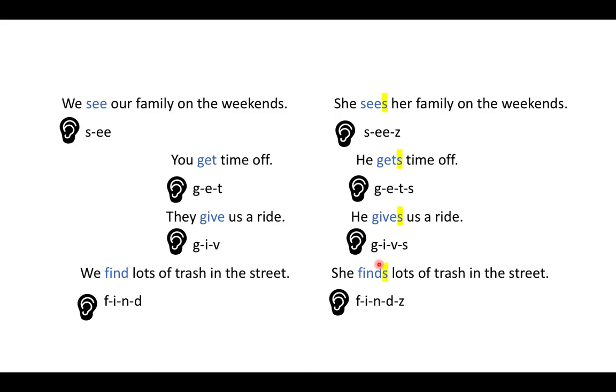This one needs an S. Find needs an S because of the she. She finds lots of trash in the street. Finds. So it makes a z sound at the end instead of an s sound. So she finds lots of trash in the